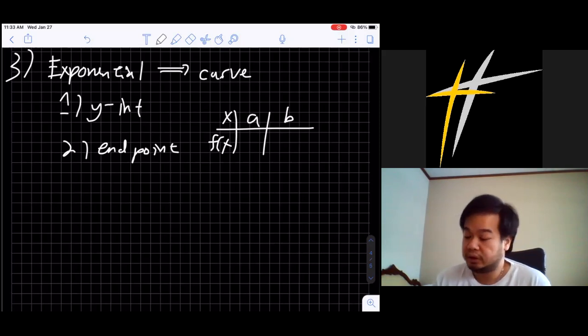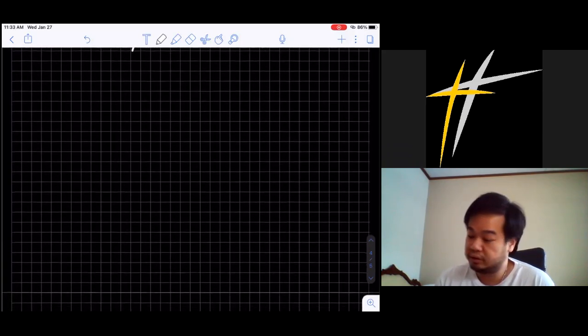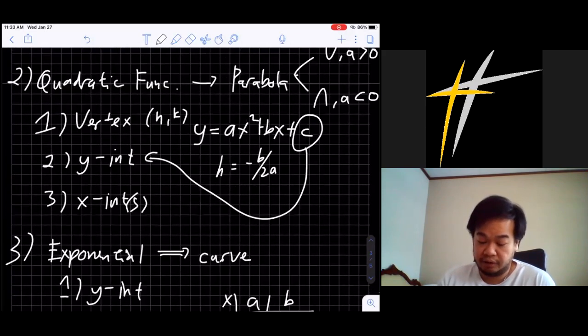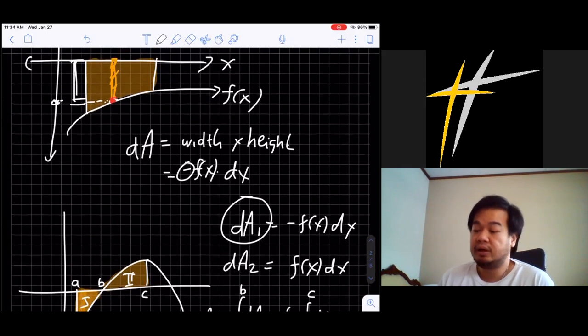Okay, so that's the review for sketching elementary graphs. Now let's get into the real problem. It's going to be easy if it's just involving one function. Then it's just like the homework that I gave you in the previous meeting. It's just one function, determine the area below the graph or above the graph, and then you find the area. Now what if there are two graphs?